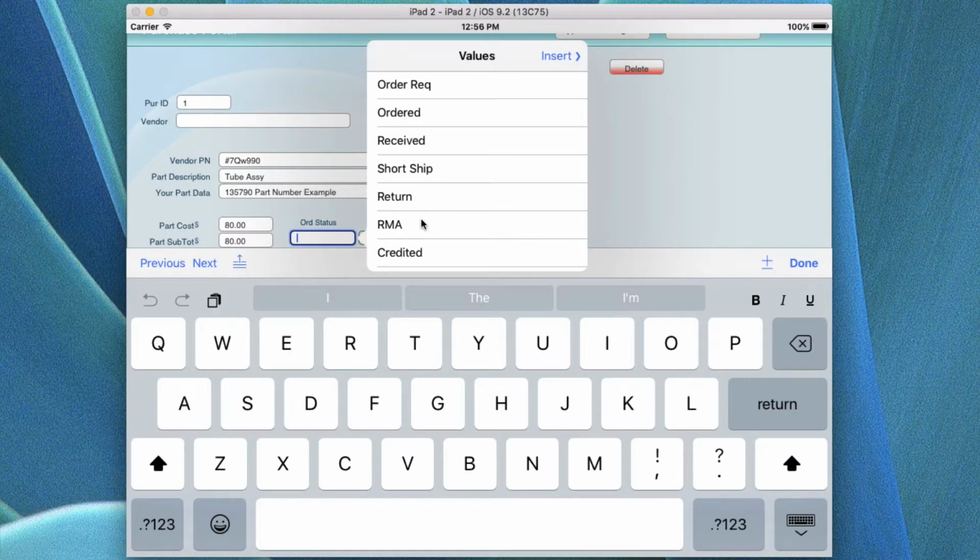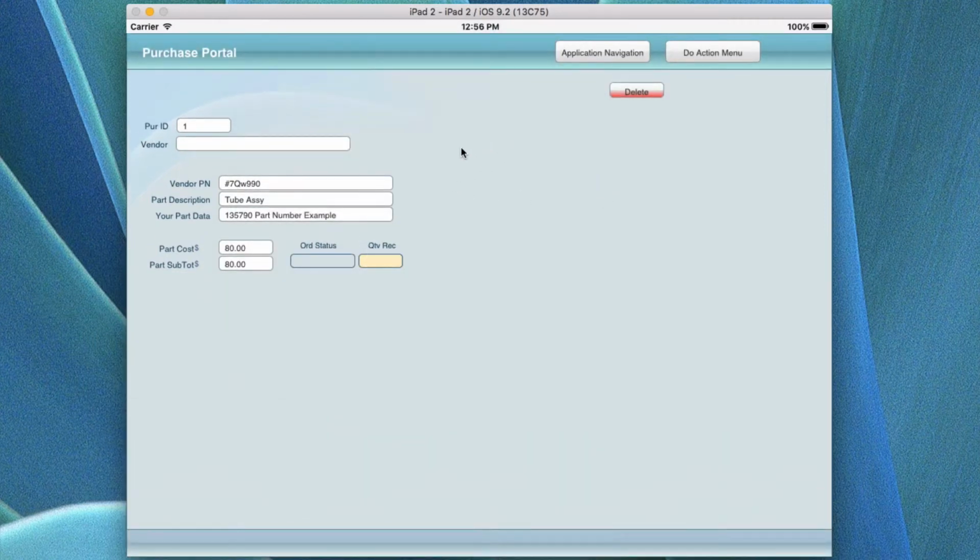And here is RMA. If you place an RMA on this, this means that it has an outstanding lien on it, so to speak, and you should not be getting it. And for whatever reason, you can have a short ship. That's another situation where you're not going to pay the whole amount until it's received. And obviously, if you get credited for something, where they pay you back because they cannot get it to you, then you'd put credited in there, and then you would go back to the actual purchase order